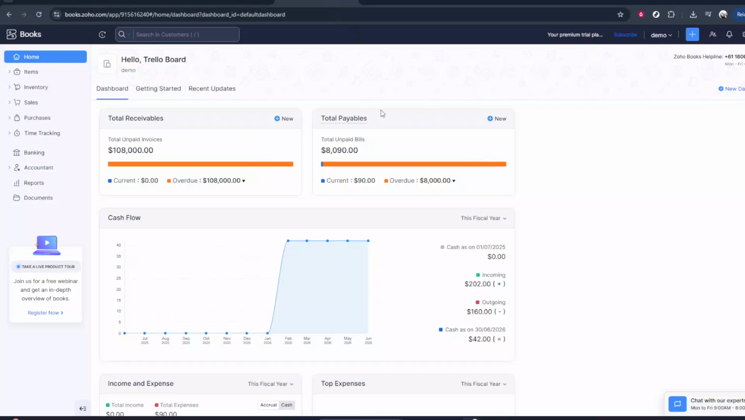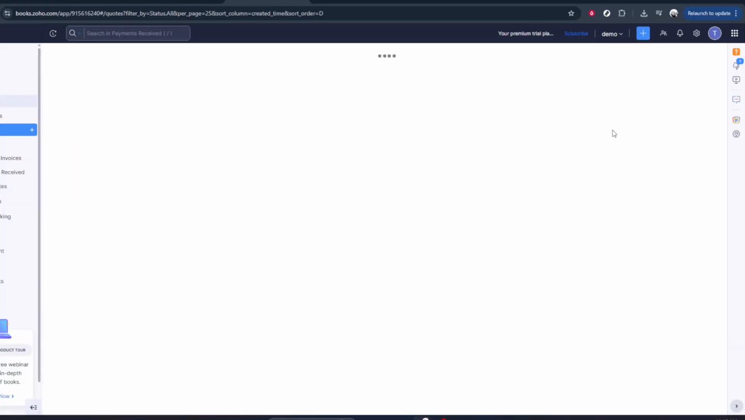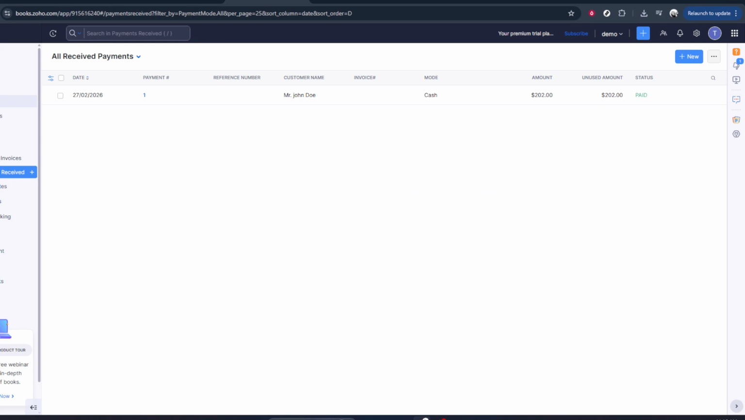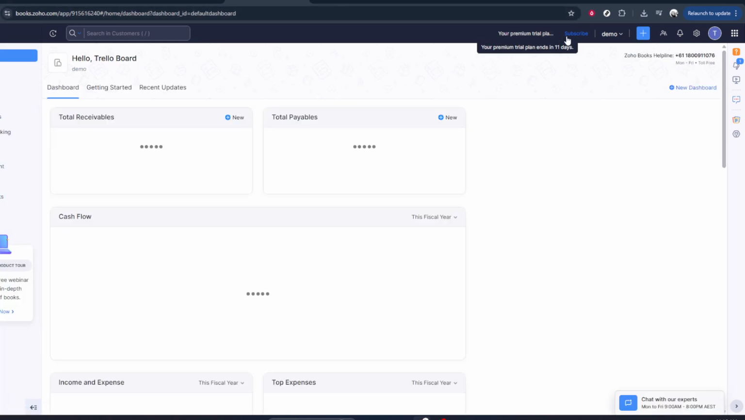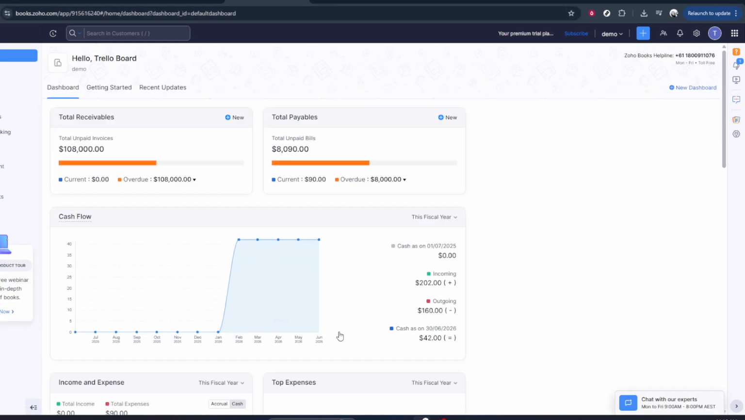In today's video, I'm going to teach you how to enable retainer invoices in Zoho Books. Before we begin, make sure you're already logged into your Zoho Books account and that you have the necessary permissions